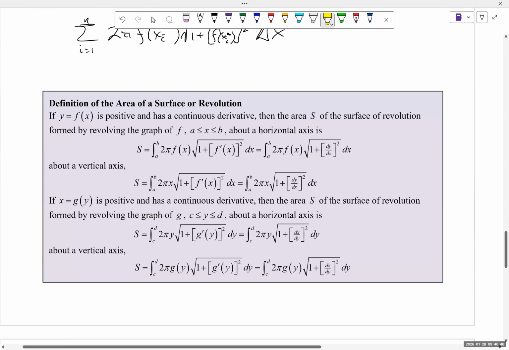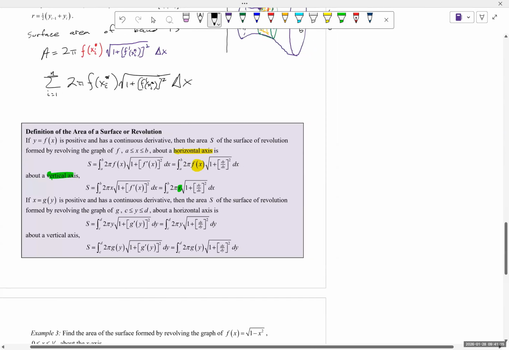Notice here that we have a function f of x, and we're revolving about a horizontal axis. This was the example that I just showed you. And when that happens, the radius is this f of x, okay? But if we're going to rotate about a vertical axis, it's the exact same thing, but now it's just the value x that's going to be the radius, right? And you can quickly see that. If I give you a function of x that looks like this, and you rotate it around the vertical axis to get something like this,